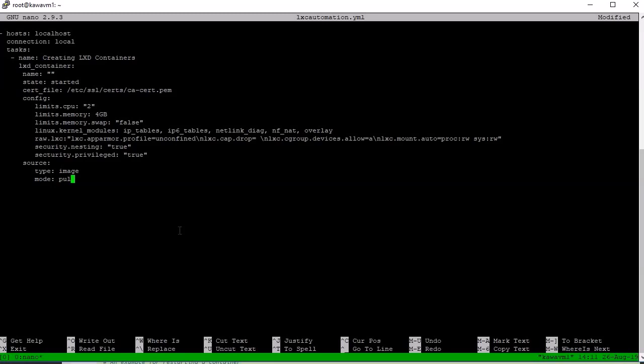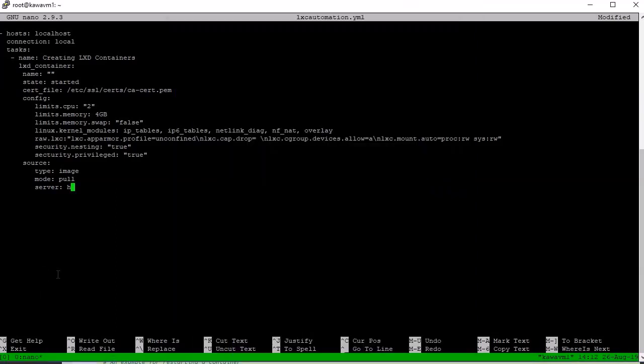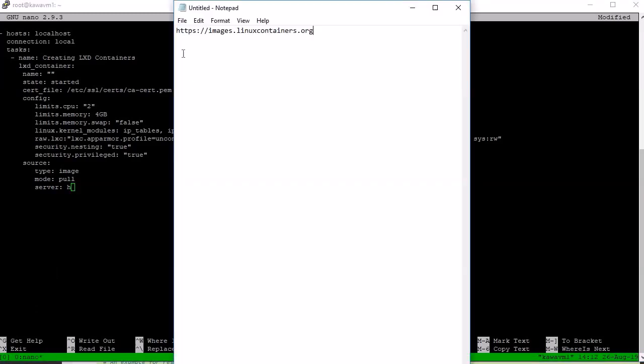So we need to mention that we are going to pull it, and then afterwards we need to tell the server, which server we need to pull that image from. I also need to take it from here,